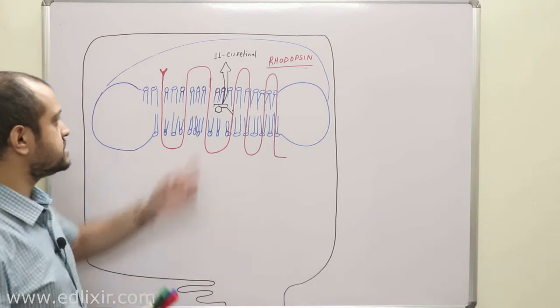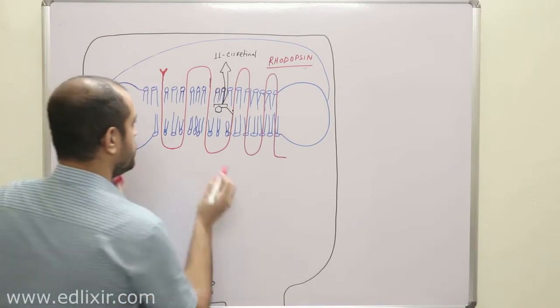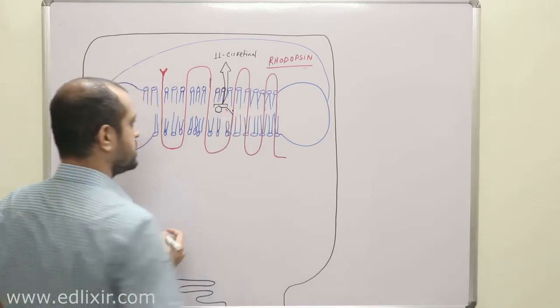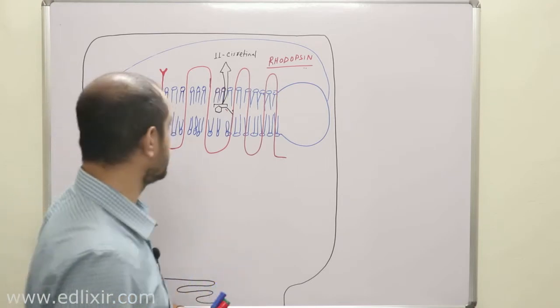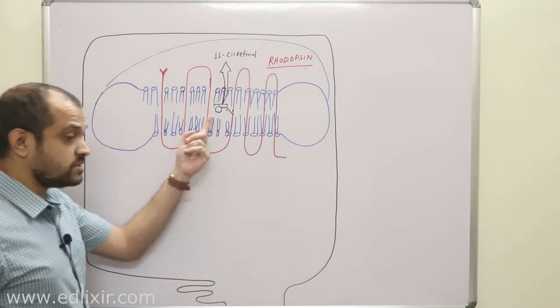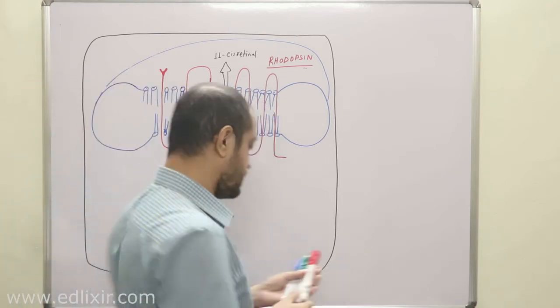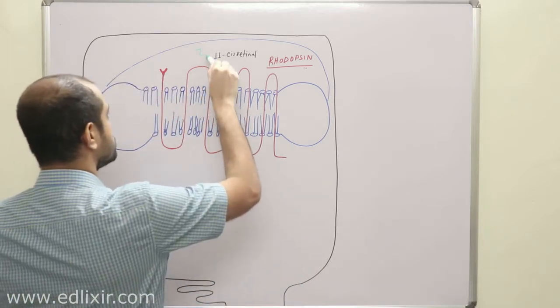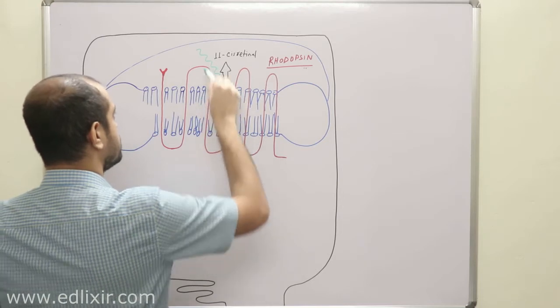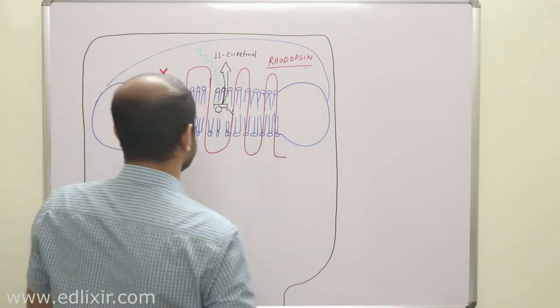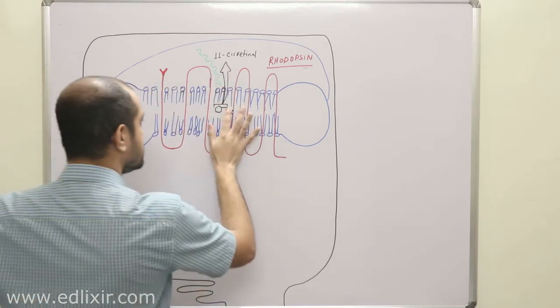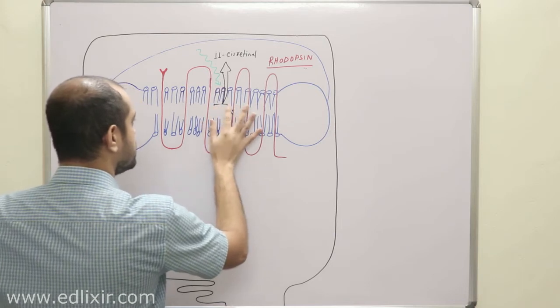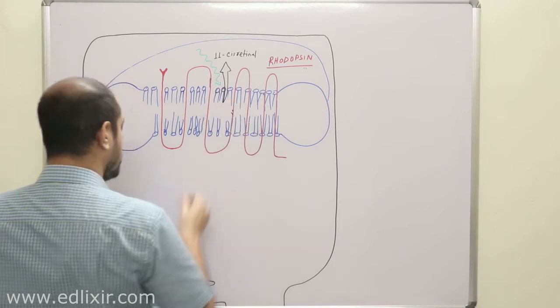Actually, this 11 cis retinal is the place where light photon is absorbed. Now listen. A very interesting part is this, that when a light photon comes and falls on this 11 cis retinal, the 11 cis retinal is converted into all trans retinal,